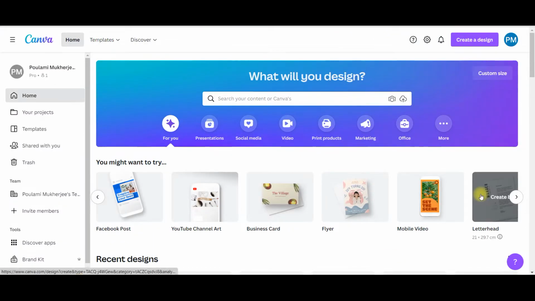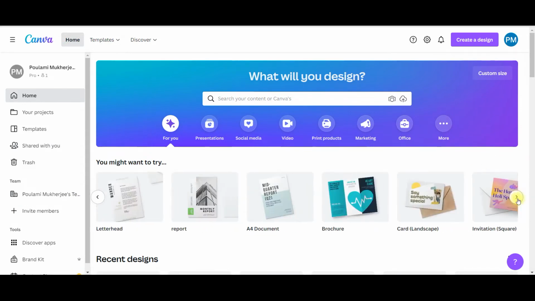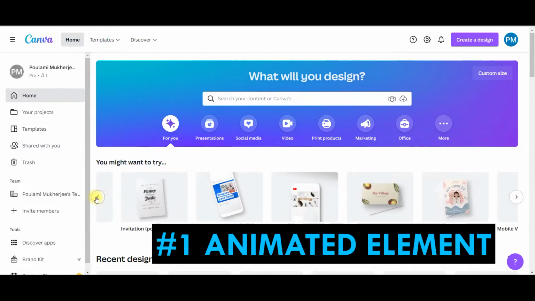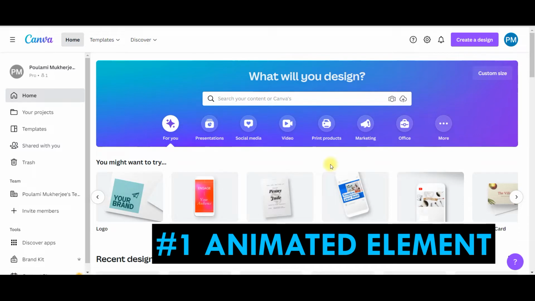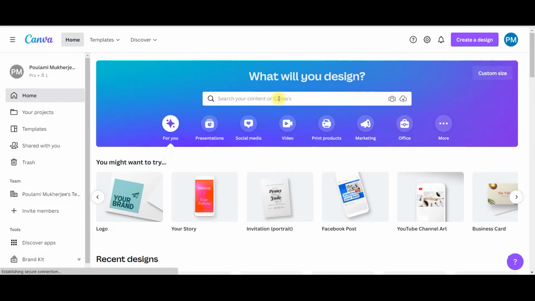This is how the Canva home screen looks. If you want to go for a Facebook post, you'll get a whole lot of different types of templates readily available here. So either I will choose Facebook post from here, otherwise I can directly search for a Facebook post, and it will open the Facebook post templates.